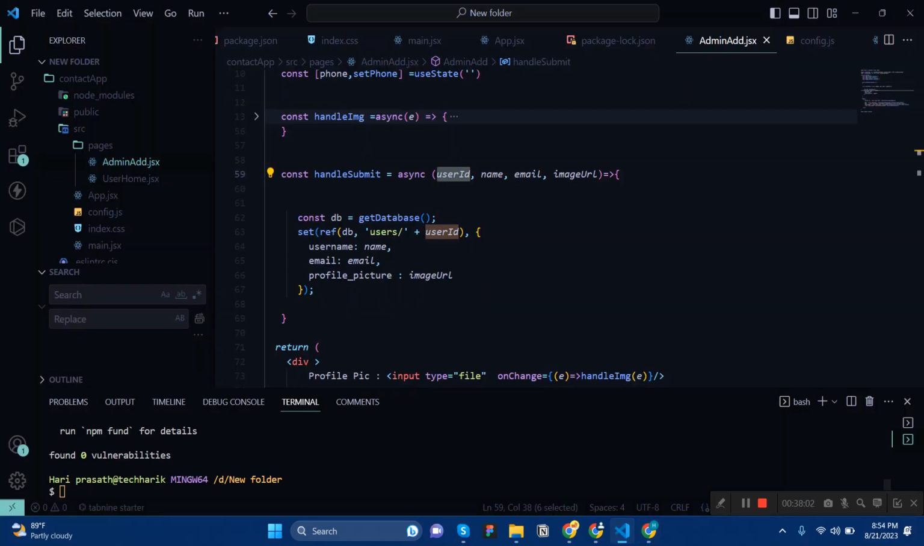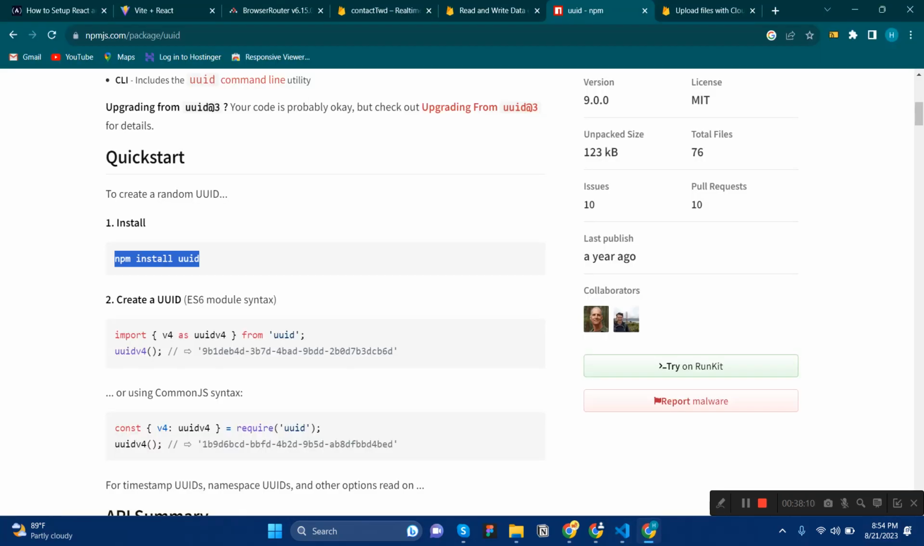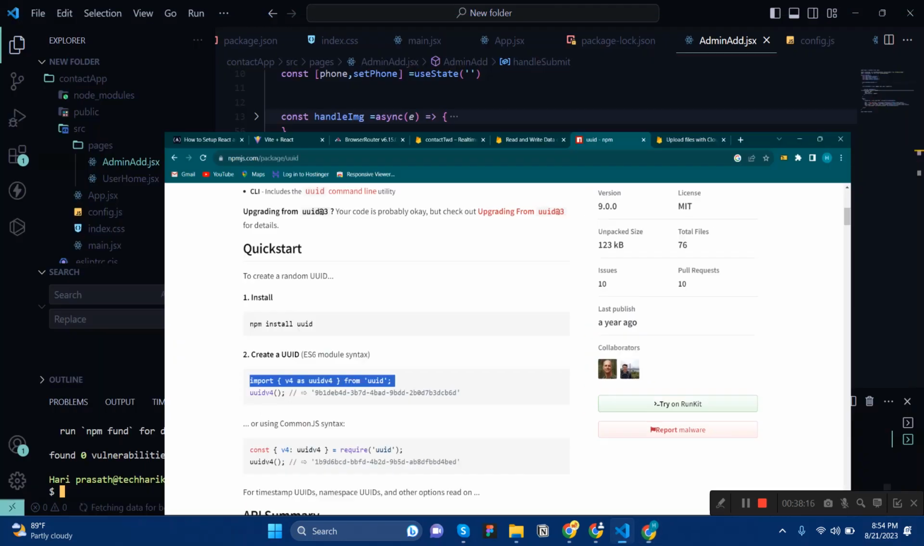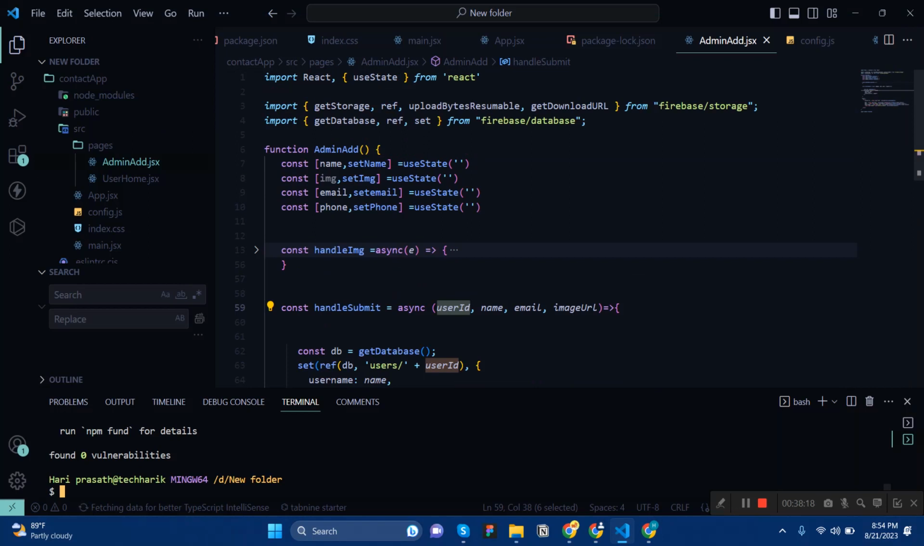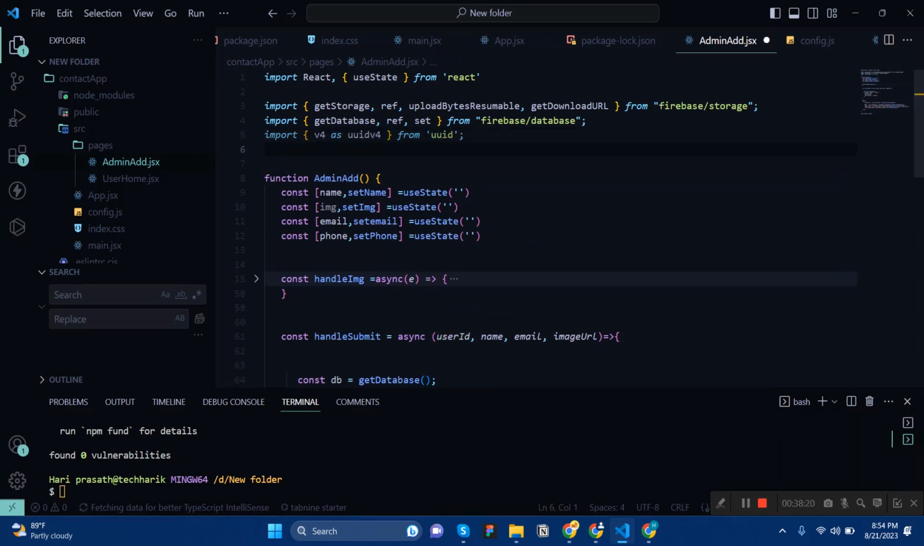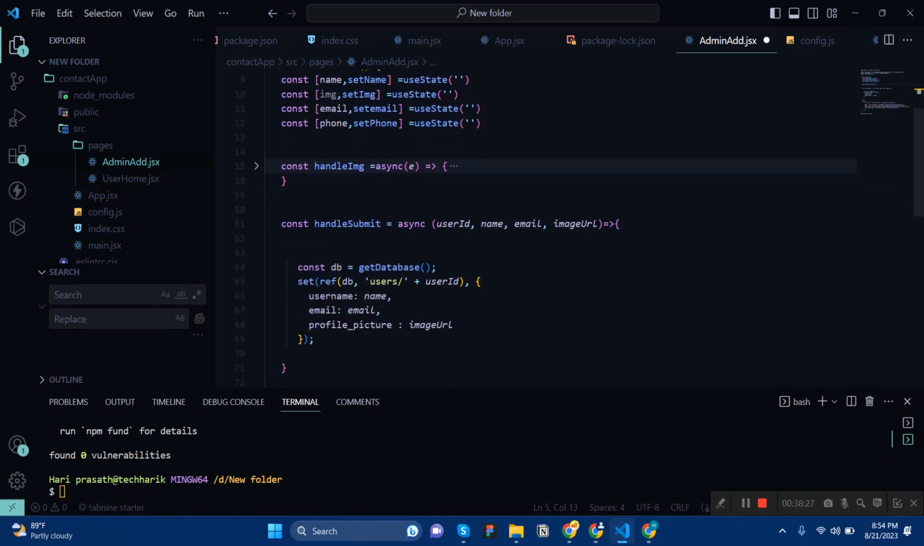Go here, paste it, install it. Once you have installed it, you just want to destructure the UUID, and you can see that they changed it into uuidv4. I just go with v4. Okay, it's up to you. And here what you can do is,